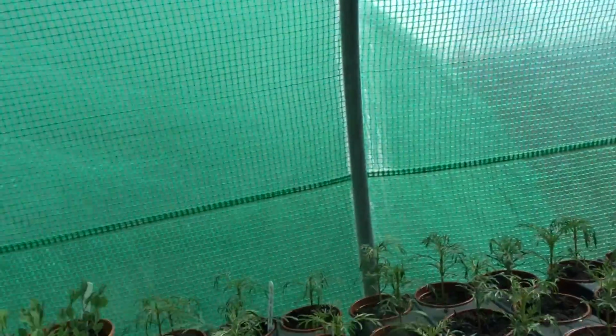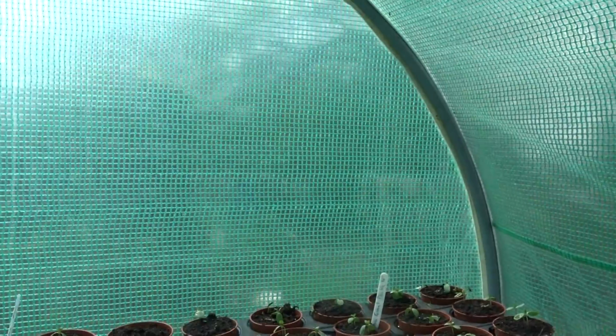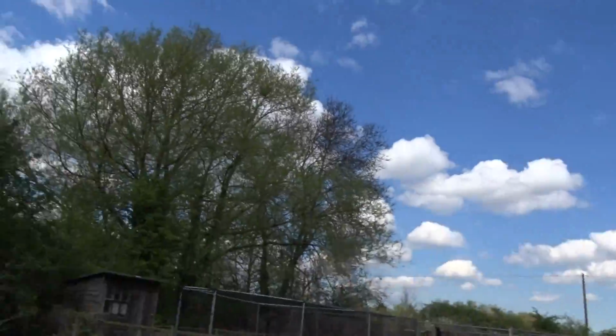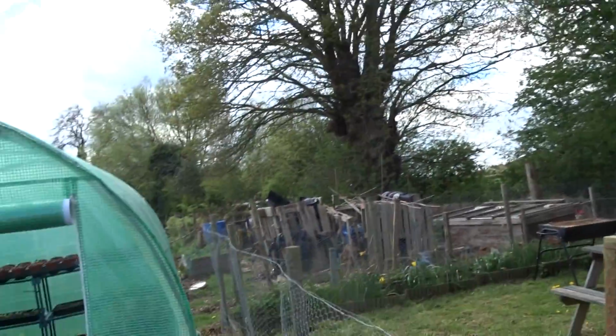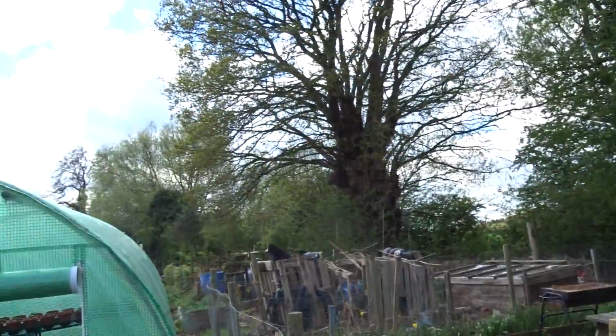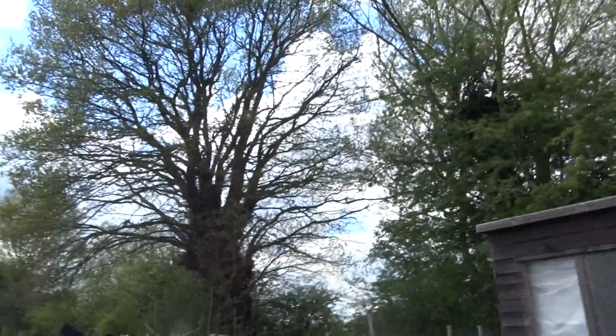This side of this little tunnel is protected by the big tunnel at the back. You might just be able to see the arch of the other tunnel, so that adds some protection. Also, I've got the trees at the bottom, at the back here. You won't be able to see them, but let me show you. So I am a bit sheltered down this end because I've got all these trees down here, and then if you look at the back of my tunnel,